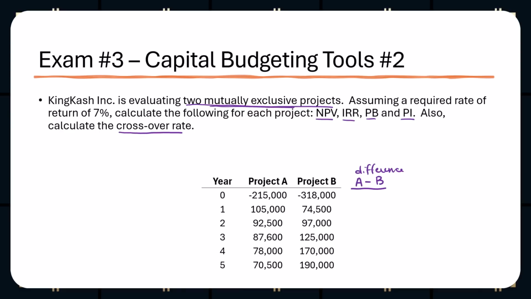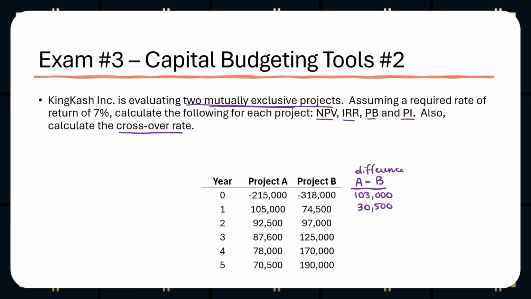The key is to be consistent when you're creating this particular column. I'm just going to do left to right, so we're going to take A minus B. That means that my first cash flow is a positive $103,000. The next one up is $105,000 minus the $74,500. That's a positive